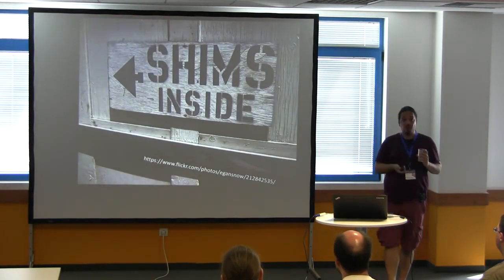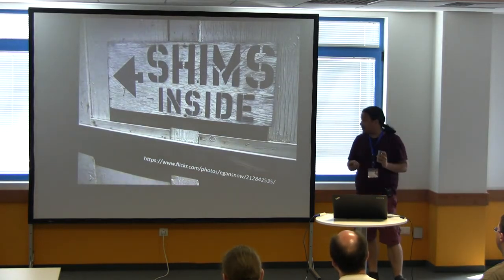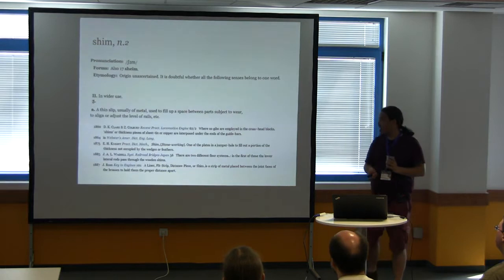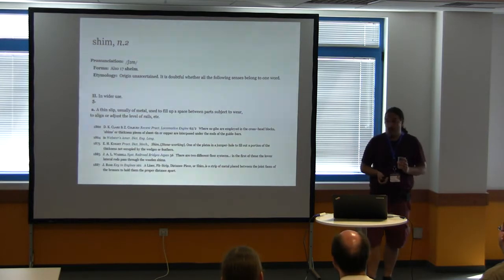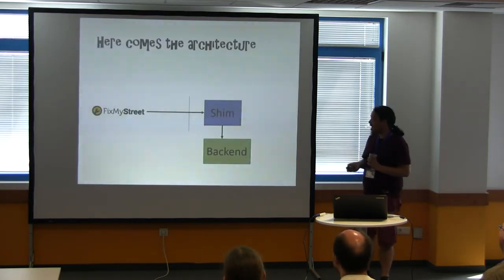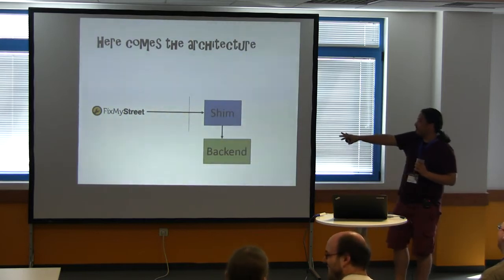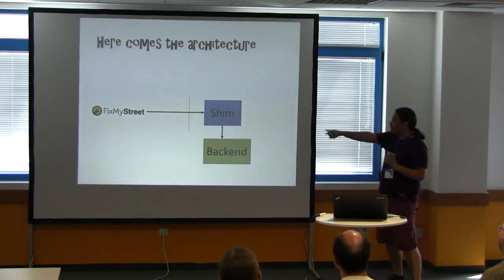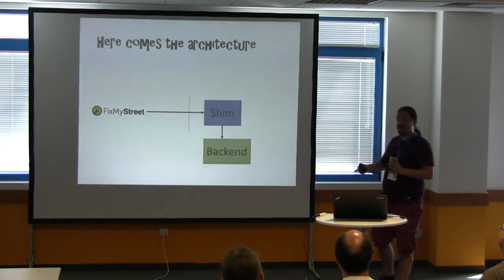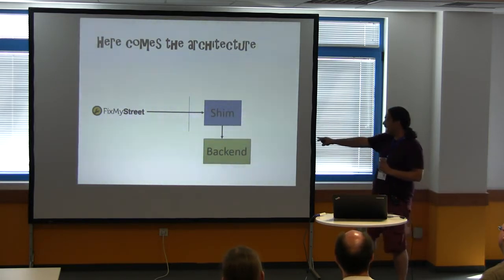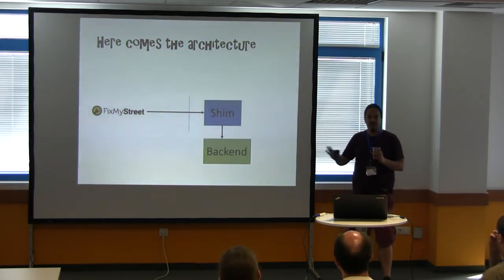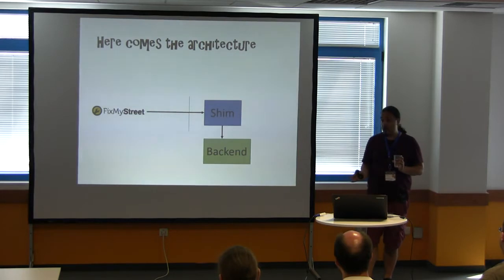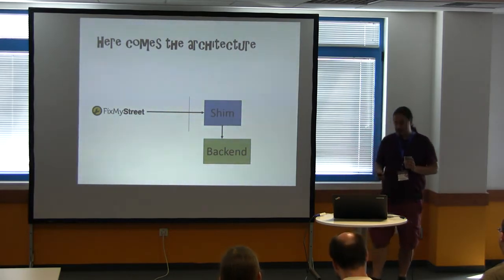So in terms of how we get these servers speaking Open311, we end up using a shim, otherwise known as a hack or a kludge or a bodge, or if you're writing it in a proposal, a bridge. So we have a council backend, we've got FixMyStreet, and what we need is something in the middle that will speak Open311, so FixMyStreet can talk to it without any code changes, and then it can go away and speak Oracle or SOAP or horrible sort of details. And it's within the firewall and the DMZ, so we don't have all kinds of really nasty authentication issues, because it turns out that local councils are really paranoid.